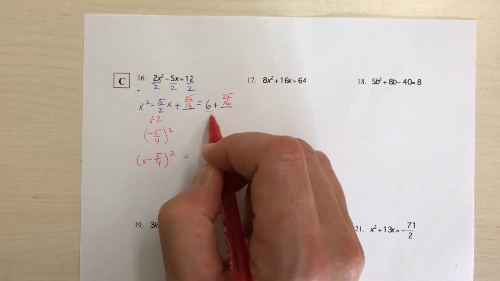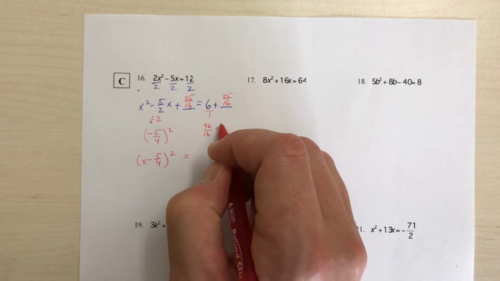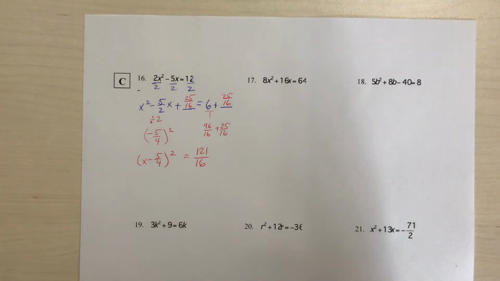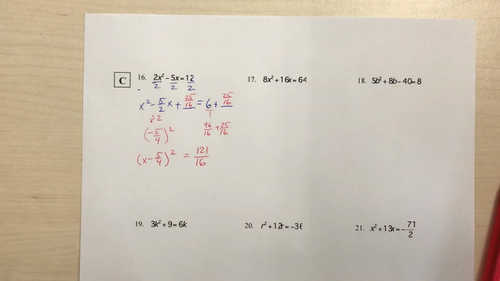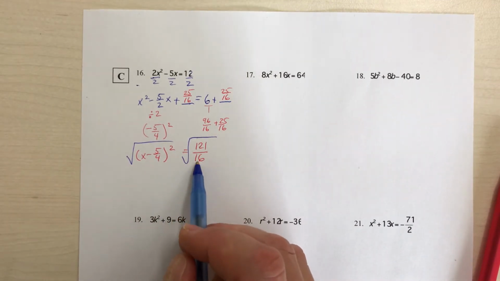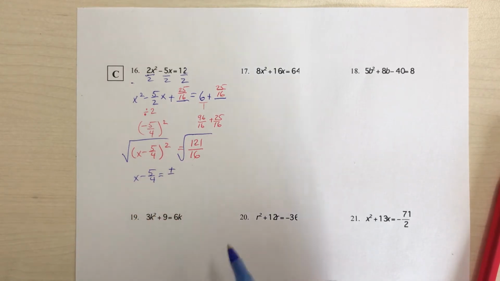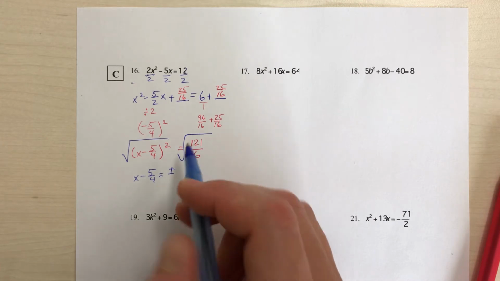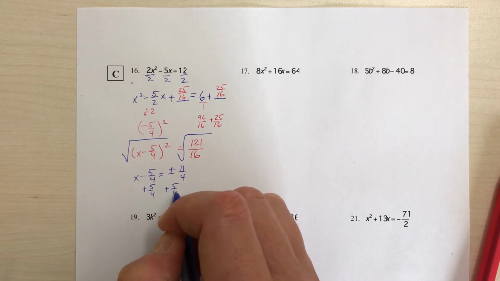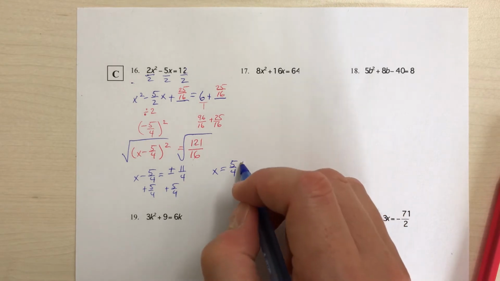common denominator to get 16, I would do 6 times 16, so 96 over 16 plus 25 over 16 is 121 over 16. Okay, that's kind of messy, but actually it's nice because in this case, these are both perfect squares, so we would get x minus 5 over 4 equals plus or minus. This is 11, and the square root of 16 is 4. Then we would add 5/4 to both sides, and we would get x equals 5 over 4 plus or minus